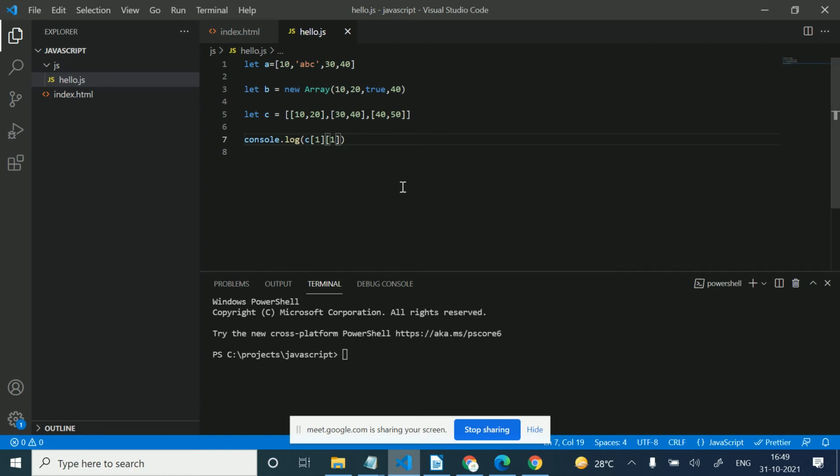Okay. And how can we iterate these arrays? And we can print these values. There are two ways.